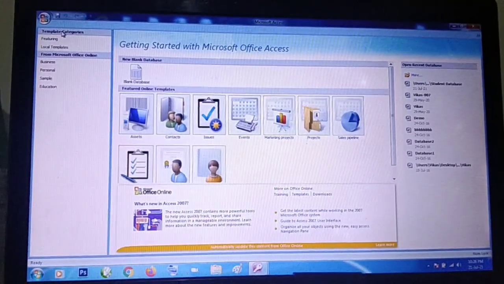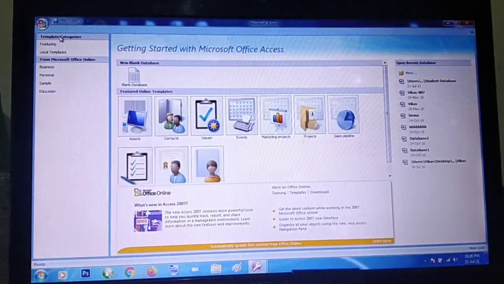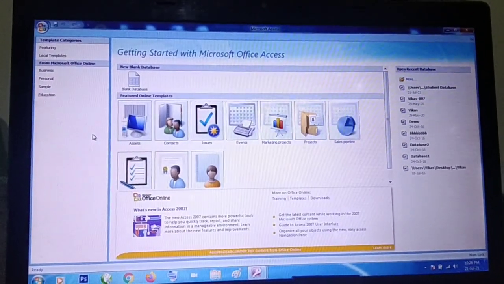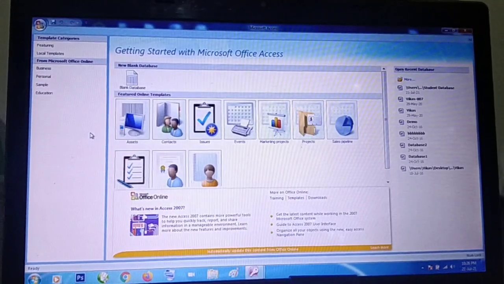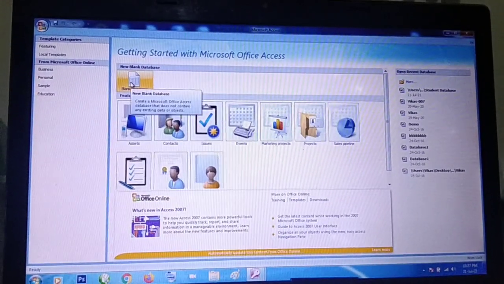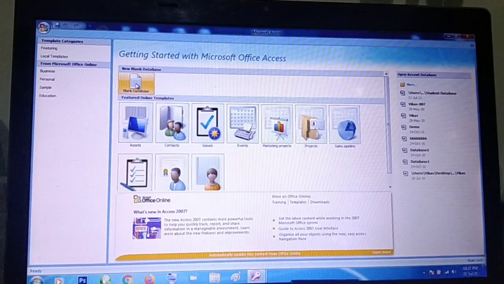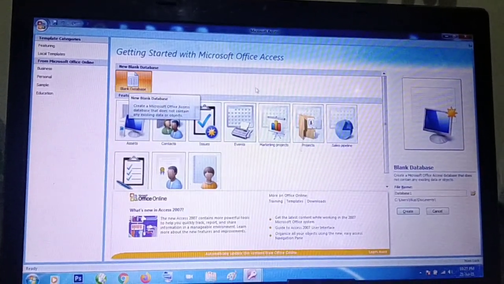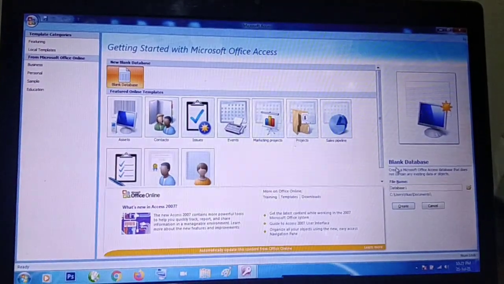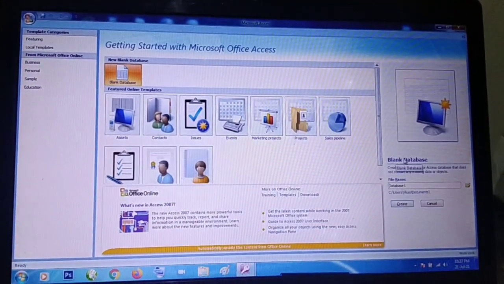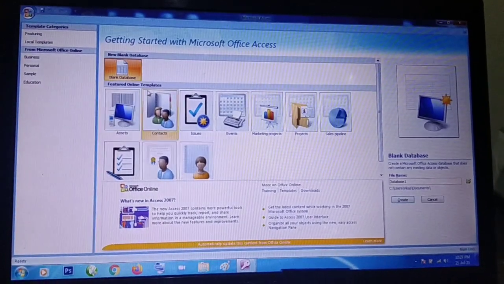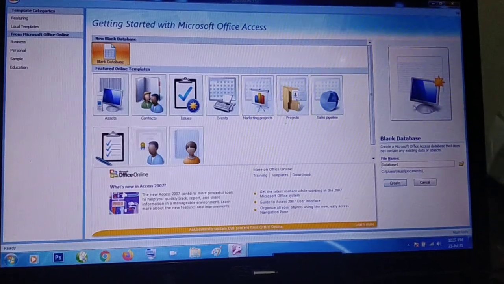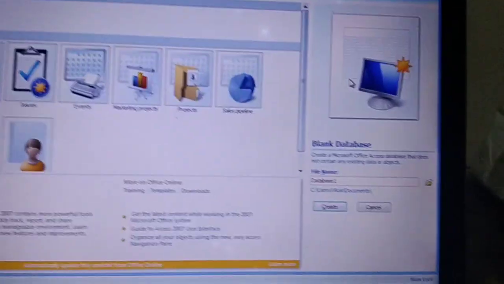So here we are going to create a simple database. I will tell you how to create a database, how to create a table, how to create a query in that and all. In the beginning you can see a blank database is given over here. The time when you click on the blank database, you can see the options have started on this side. You can see these options are available right now.